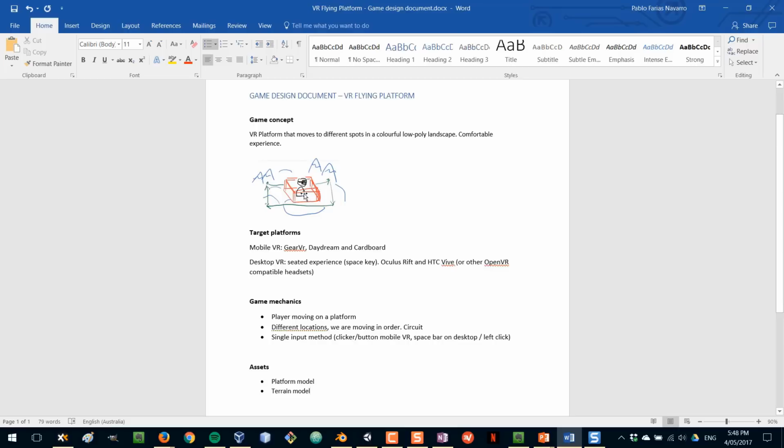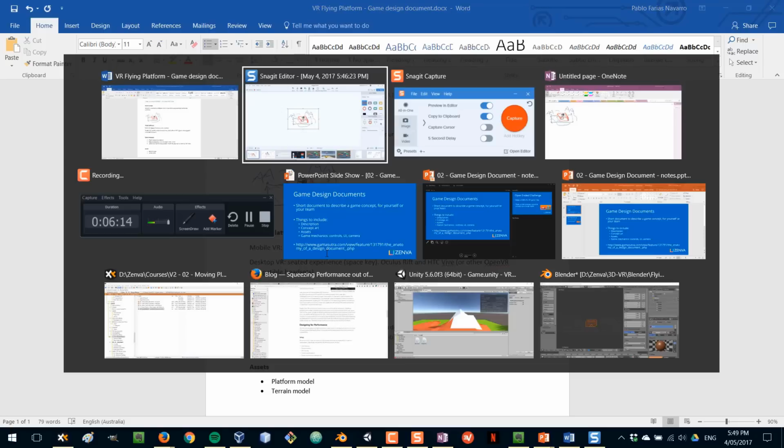And obviously you don't have to use such bad drawings like mine. You can make something better with different tools. This is just what I usually do for my projects, and unfortunately for my team, I also share these sort of drawings with them. So okay, let's go now to